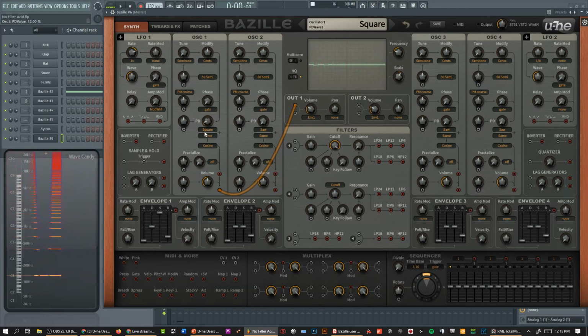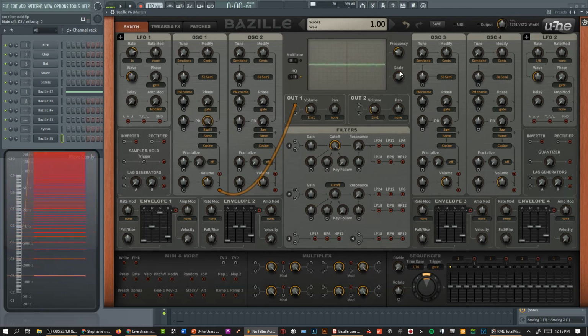Or we can do something cooler. We can use this resonant 3. Check that out. And it basically allows us to shift from the sine wave-ish thing